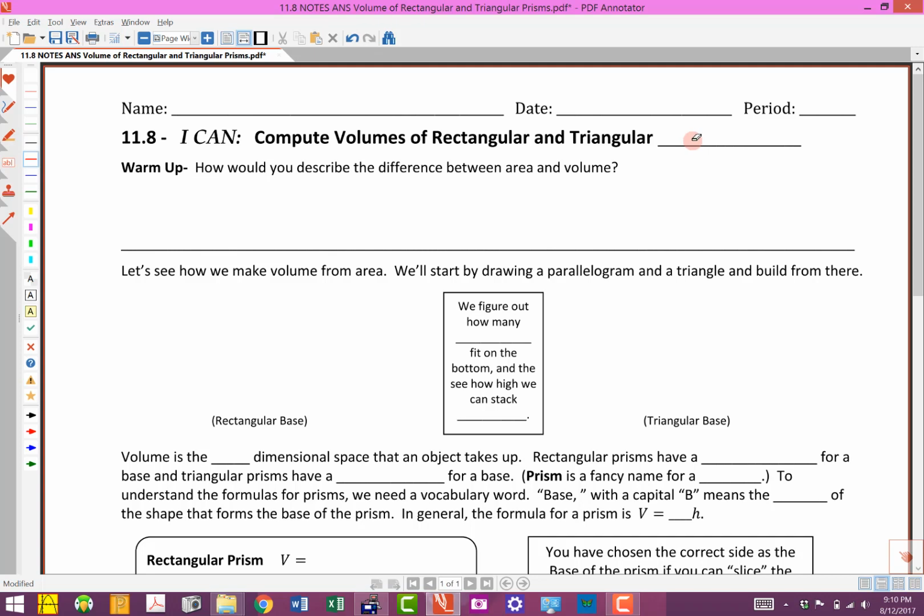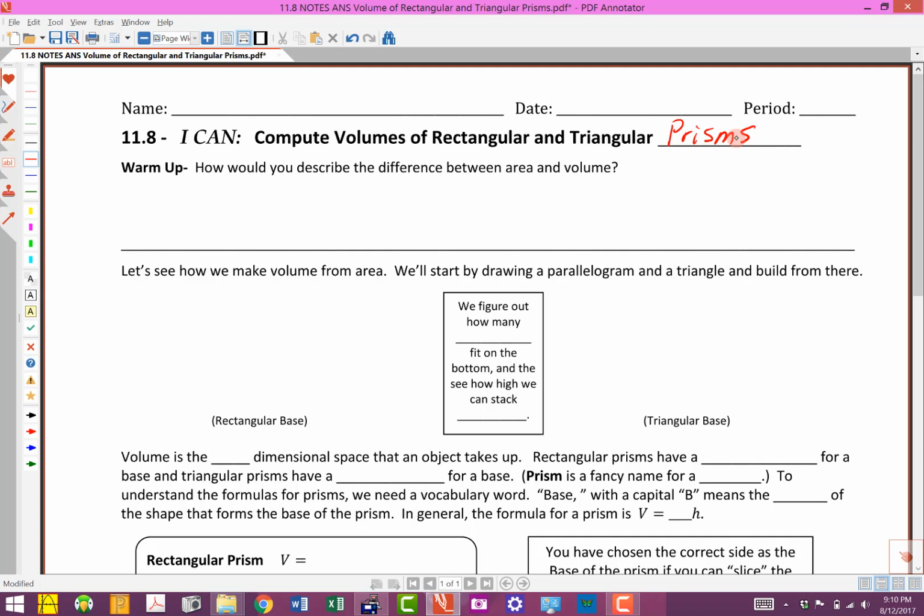Okay, we're getting close to the end of the unit. We're in section 11.8. Here's the I can statement. I can compute volumes of rectangular and triangular prisms. Rectangular and triangular prisms. Now the warm-up question for this is how would you describe the difference between area and